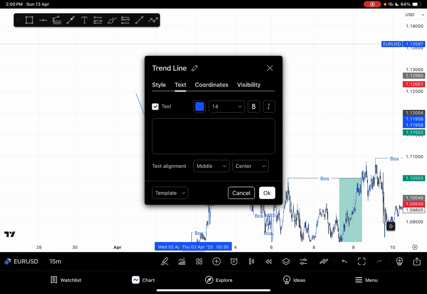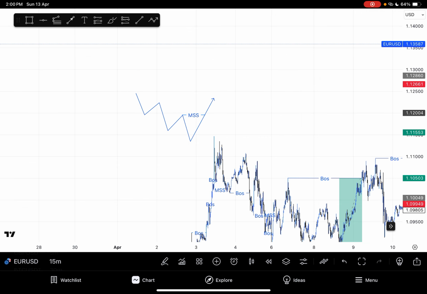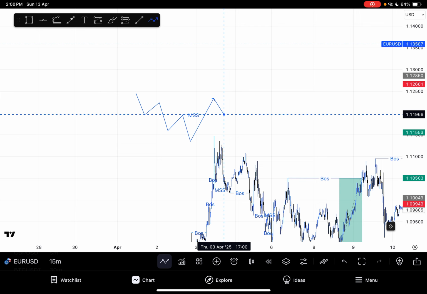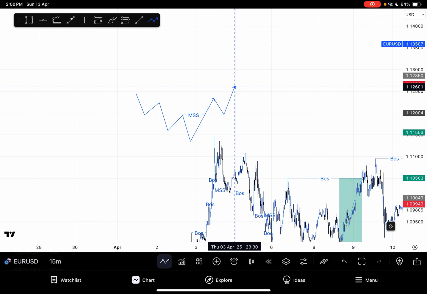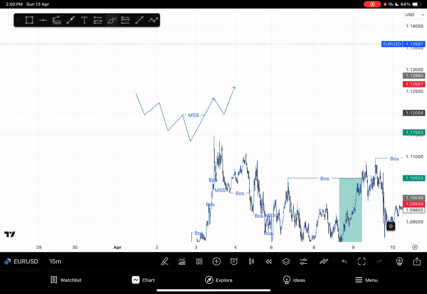after the market structure shift, what you expect price to do first is to go back to retest on a breaker or an order block. So you see price now push to the upside. So now this is